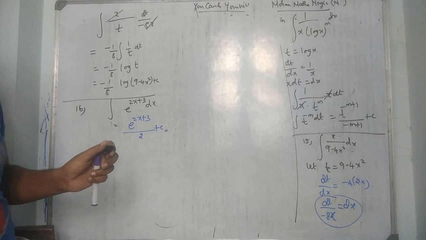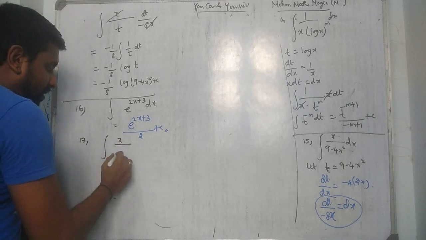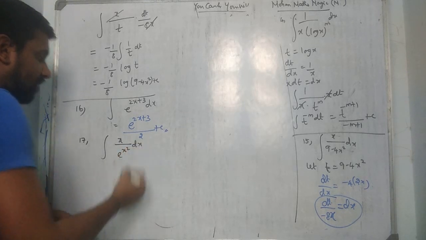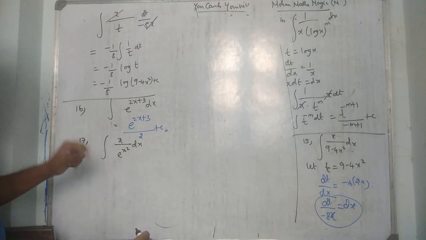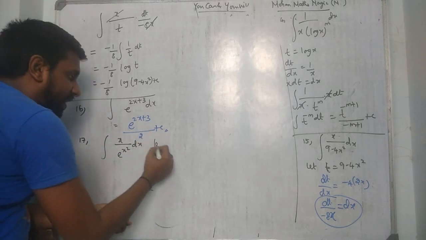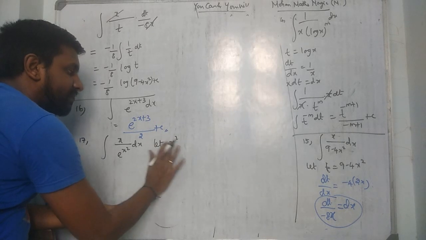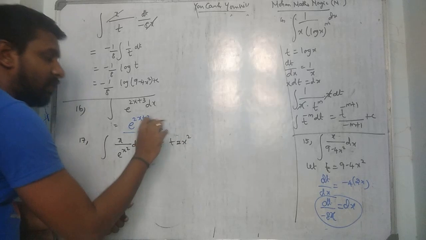17th one, x upon e power x square, okay, x upon e power x square dx. Now you can ask me, sir, e power x square differentiate panna x வருமா வராது. சரி, x differentiate panna x square வருமா வராது. ஆனா x square differentiate panna 2x இருக்கு. So let x square, let either t இருக்கணும், t equal to x square. This skill you will get only through